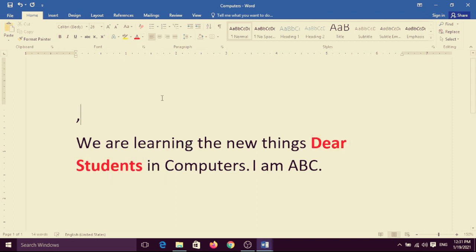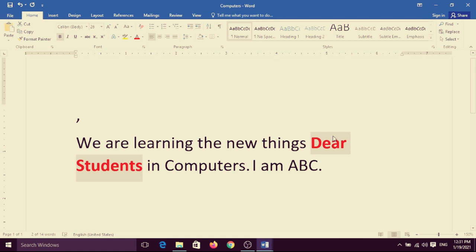Yes, and once again I want to use the drag and drop method. Dragging and dropping text allows you to use the mouse to move text. Suppose I want to take this sentence and drag it to this side.